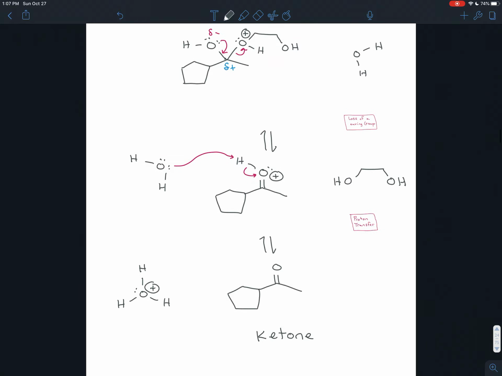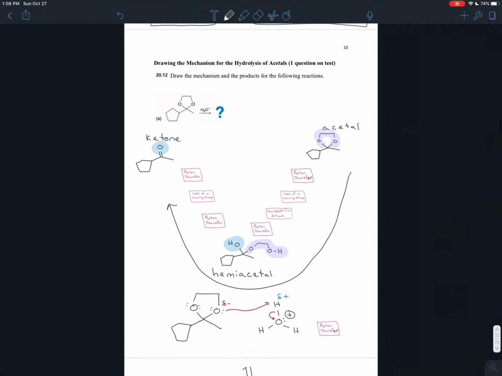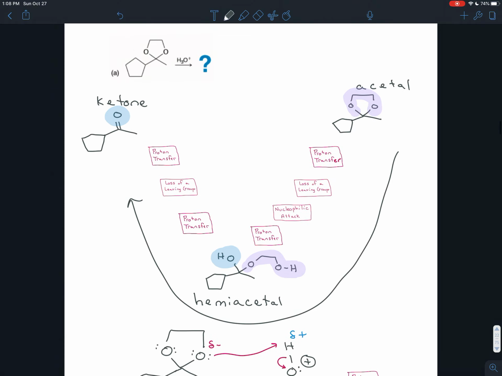So we'll be doing a few more examples of these. I'm going to do this in a separate video so that the videos don't become unduly long. But you can see that if you know the flowchart for the original process, all you have to do is switch loss of a leaving group and nucleophilic attack with each other and go in reverse. And you'll start to see patterns in that the proton transfers are just stabilizing charge, and the nucleophilic attacks are bringing in, in this case, the ketone oxygen, the carbonyl oxygen, and the loss of the leaving groups are kicking off the alcohols, or the ethers that are already in the